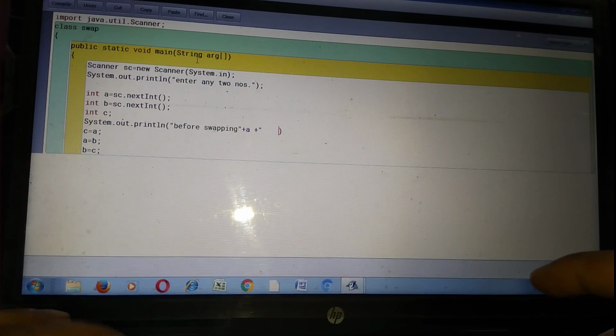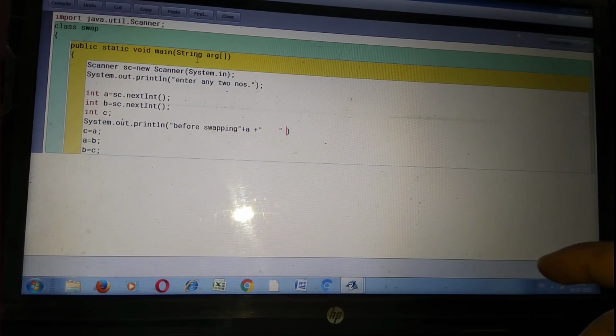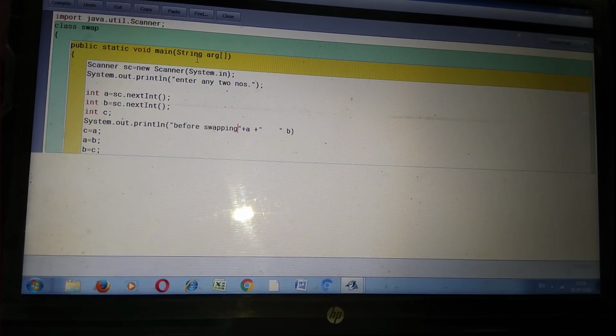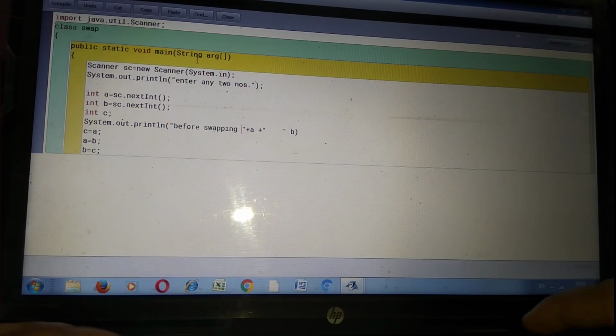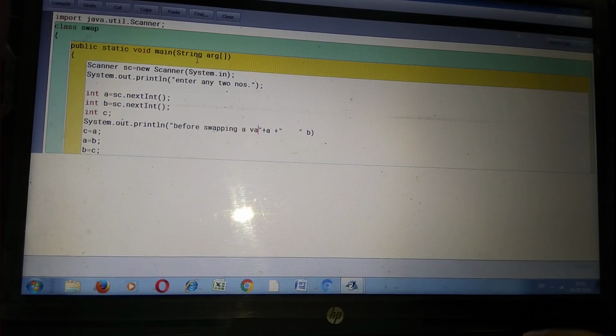Take some space. Before the swapping, here write the message a value, plus a.